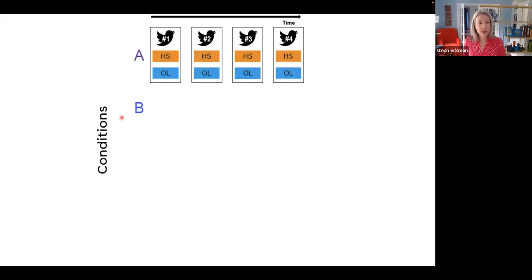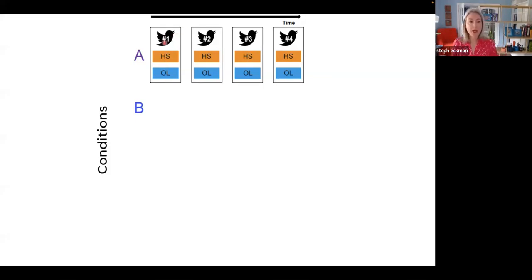So I'm going to show you the 5 conditions stacked up here. This horizontal axis is sort of time as you go through the annotation task, right? And each one of these black rectangles is a screen in the annotation instrument. So in condition A, the annotator sees tweet number 1, and then codes, is this hate speech, is this offensive language, or is it neither? It's essentially a select all that apply question, right? So you see there's a radio button for hate speech, there's a radio button for offensive language, and then there's an option for neither as well. And so you can pick just hate speech, just offensive language, or both for each one of these tweets.